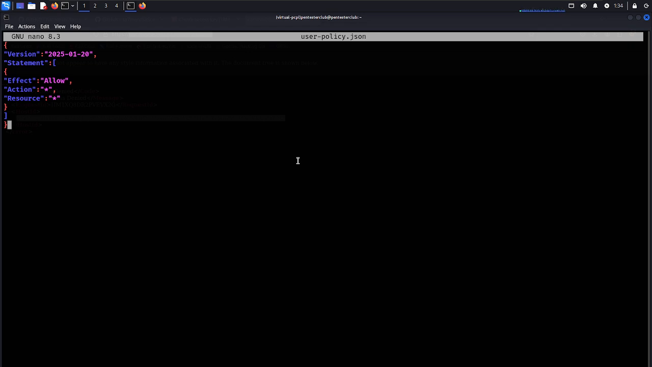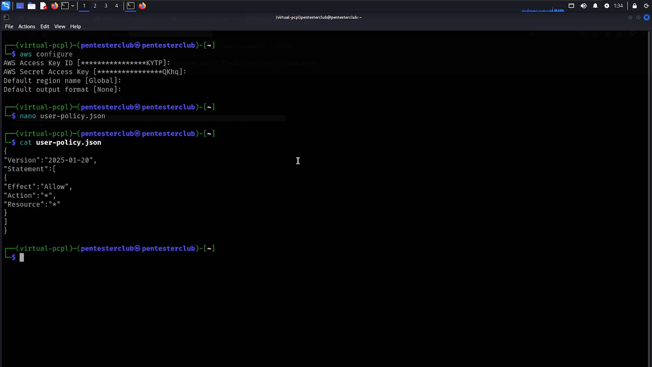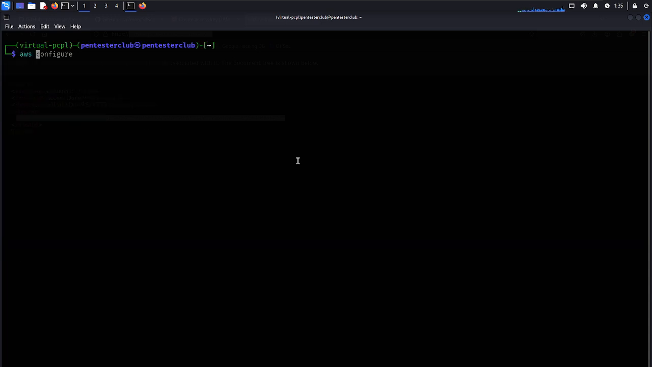Now I just type Control O, Control X. Now just type cat user policy dot json. I have the user policy in the JSON now. That's great. Now just type clear. Now just type AWS IAM